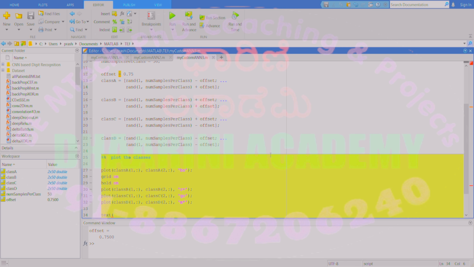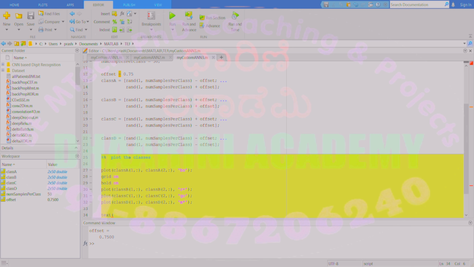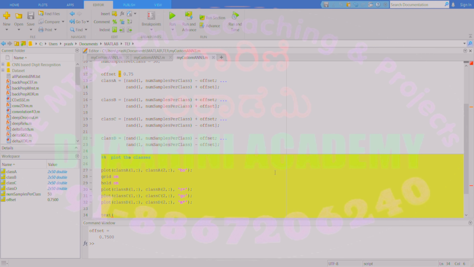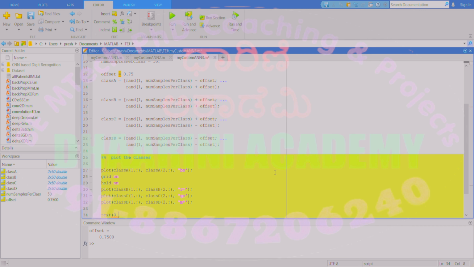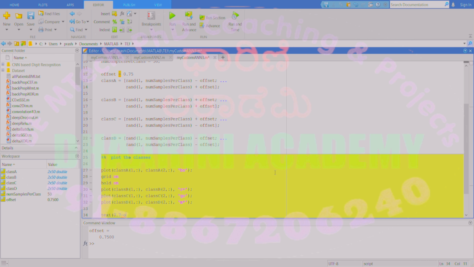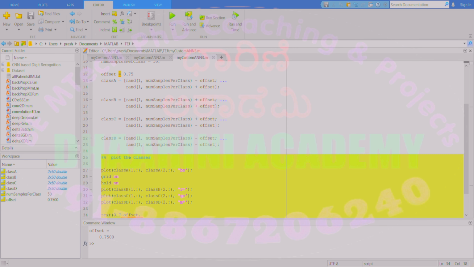Approximately this should look like this. Let me get the classes. The first coordinate of my class would be 0.7 minus offset. This is the x coordinate of my first text, and